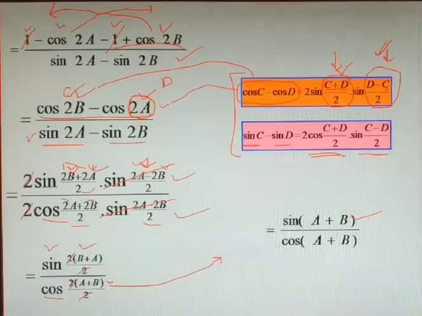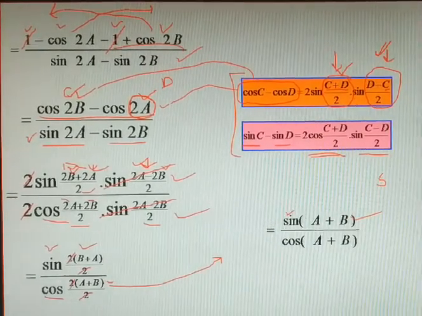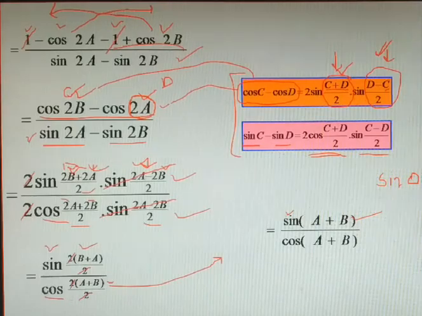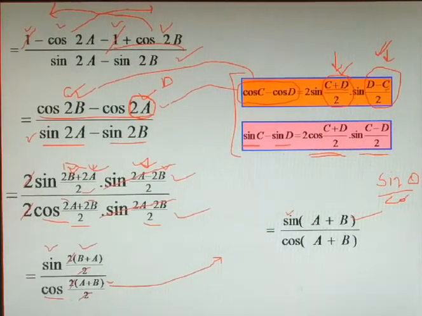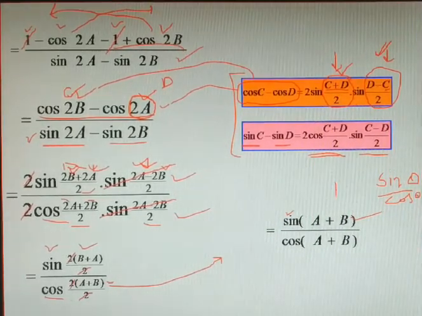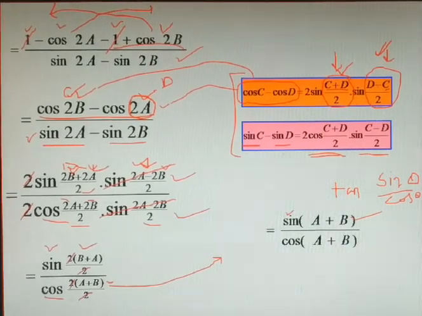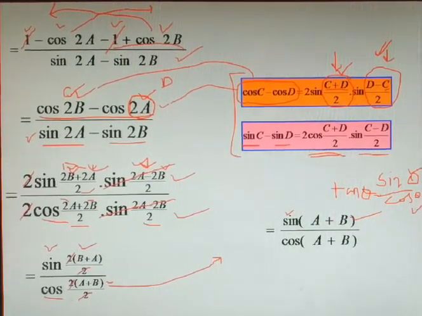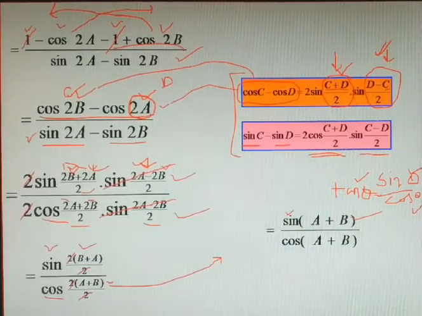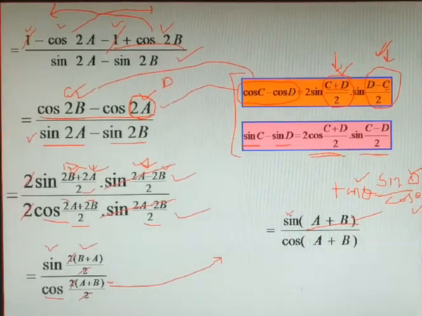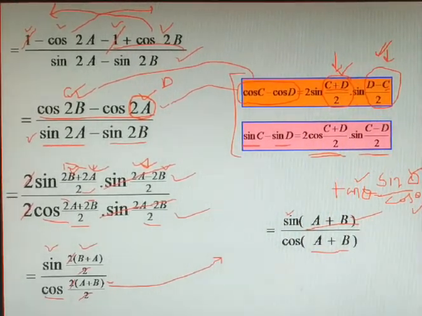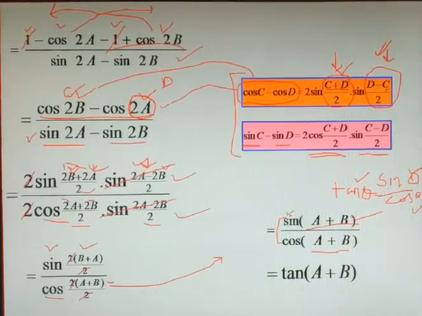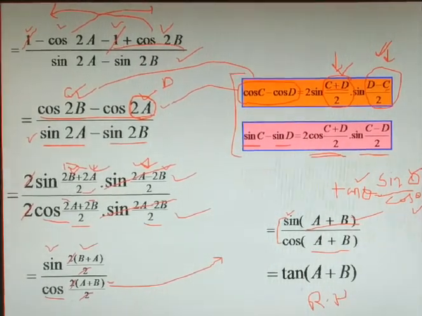Now finally we have sine theta by cos theta in this form. This can be written as, you have learned, one of the simplest formulas, tan theta. So that means if we have theta with sine and theta with cos, that can be written as tan theta. But here we have a plus b and a plus b. So in place of theta we'll write a plus b, and sine by cos is equal to tan. So we have tan (a plus b) as our right hand side. It's the demand of the question.